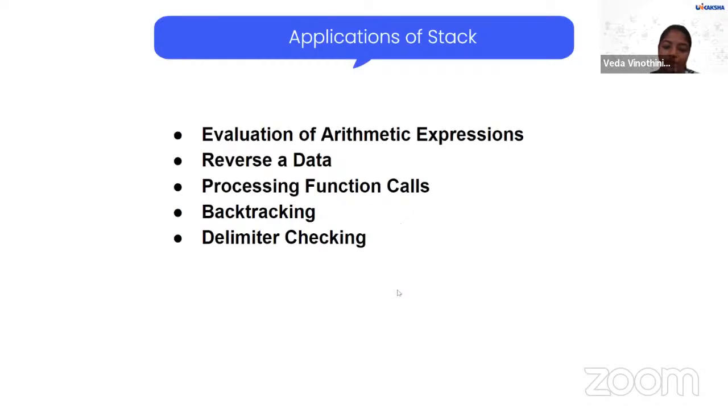Okay, guys, thank you. So now we are just going to see the applications of this stack, right? Before entering into the applications, you need to understand what operations this stack is going to work on, like addition, deletion, traversing, sorting. There are plenty of other operations this stack will follow. So just now we are going to see the applications here. Evaluation of arithmetic expressions, for example, while you are working in any calculator app installed on your mobile or PC or anywhere, in that calculator also, the stack will be working.